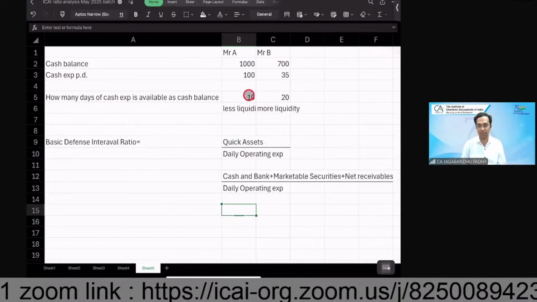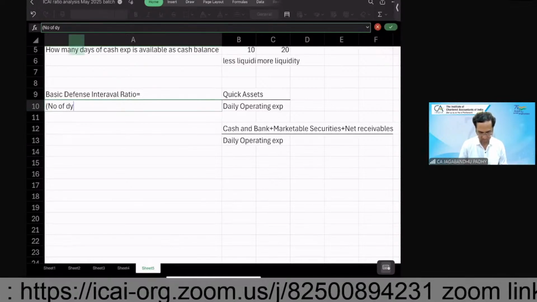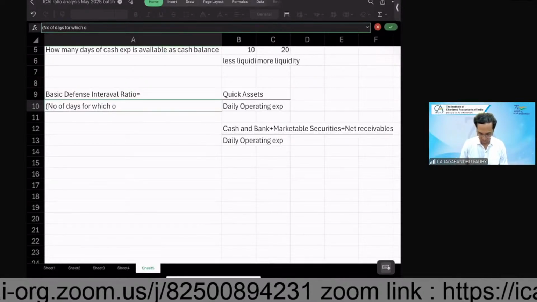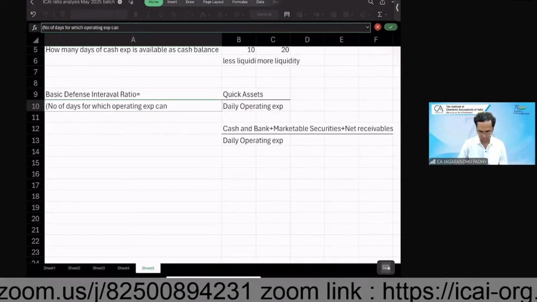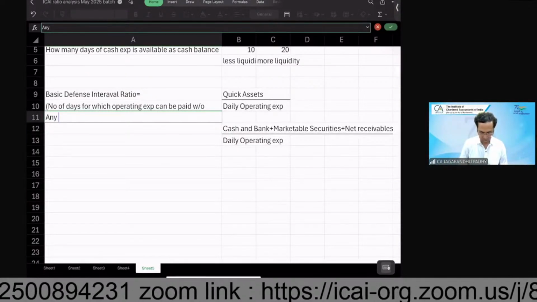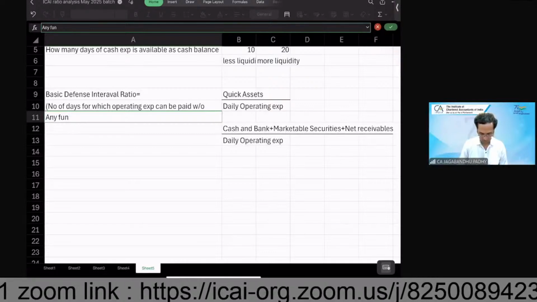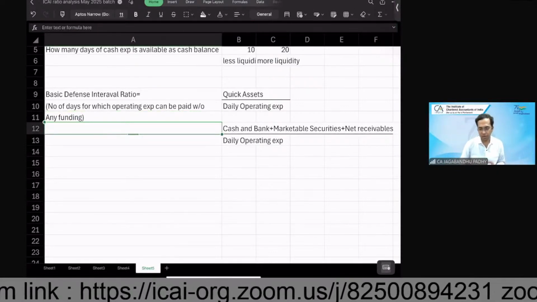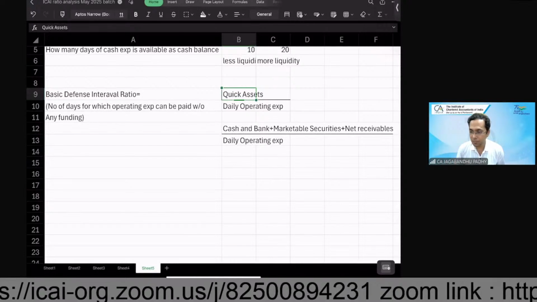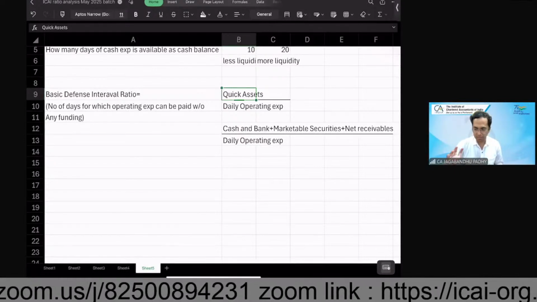So cash, bank, marketable securities, net receivables divided by daily expenditure is what is the basic defense interval ratio. This is similar to what you have quoted as 10 and 20. So this basic defense interval ratio indicates the number of days for which operating expense can be paid without further withdrawal, without any funding. So without you receiving any other funds, how many days you can really run your business with the available quick assets? That's what we mean by basic defense interval ratio. Okay. So marketable securities means those securities which you can sell easily in the market without losing substantial value,